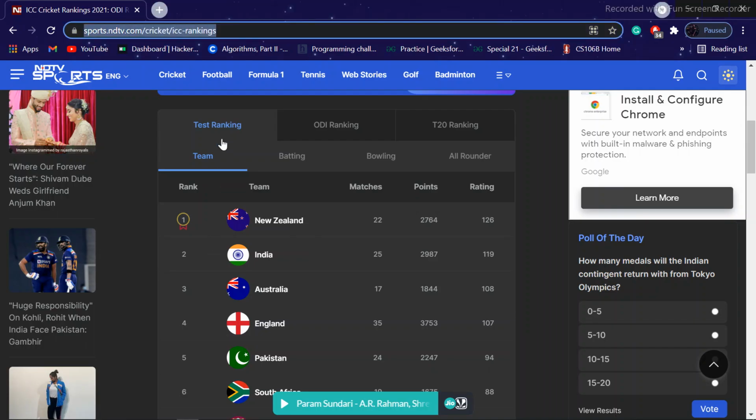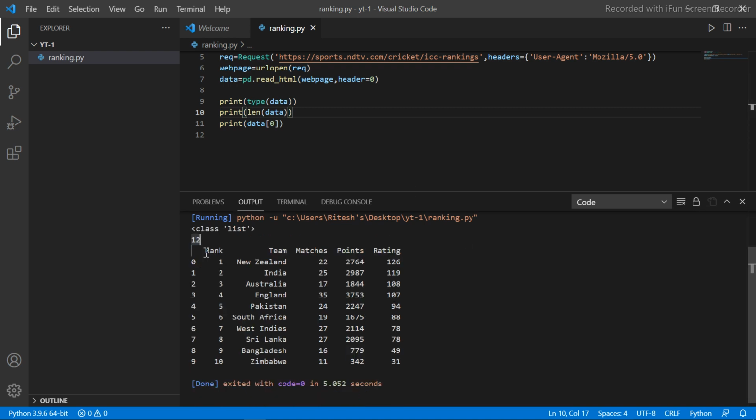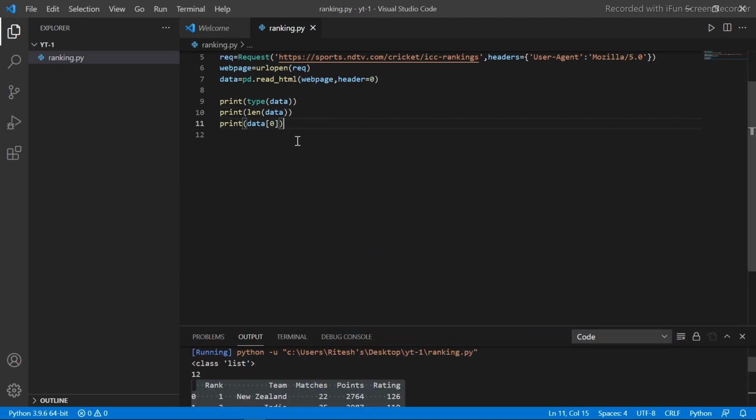For each section it has 4 tables, and there are 3 sections, so 4 into 3 is equal to 12. All the tables are in the data list, and this is the first table in which we have the test team ranking. Now we don't have any use of this, so I will comment it.